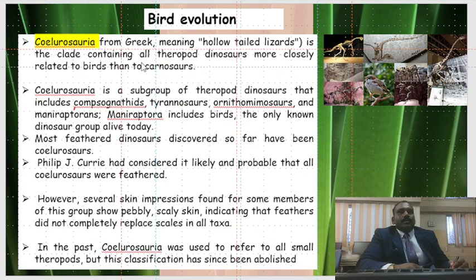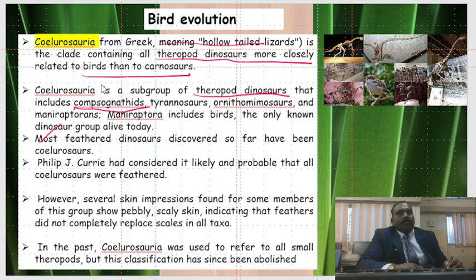The evolution of the birds. Coelurosauria, from the Greek meaning "hollow-tailed lizard," is a clade that contains all the theropod dinosaurs more closely related to birds than to other dinosaurs. The Coelurosauria is a subgroup of the theropod dinosaurs that includes the compsognathids and the Tyrannosaurus, Ornithomimosaurus and the other